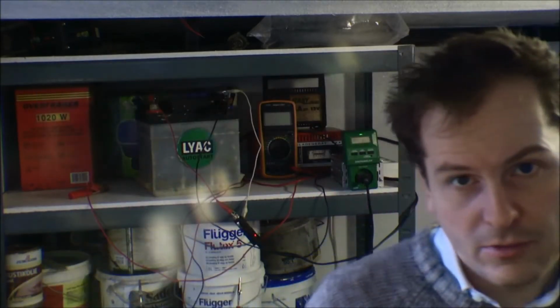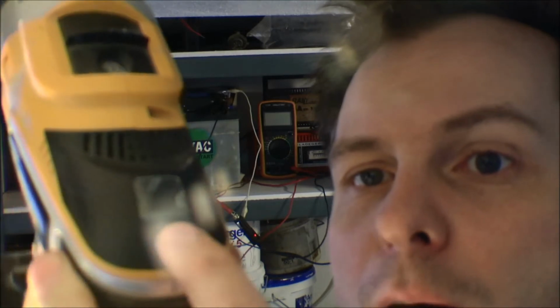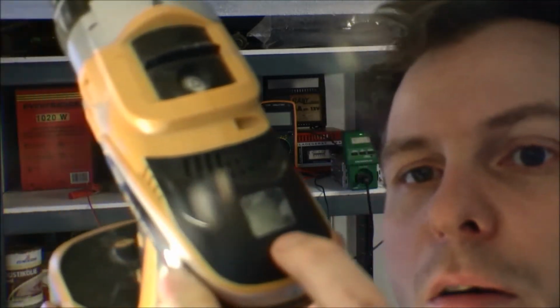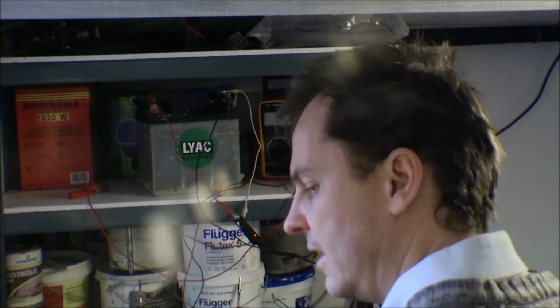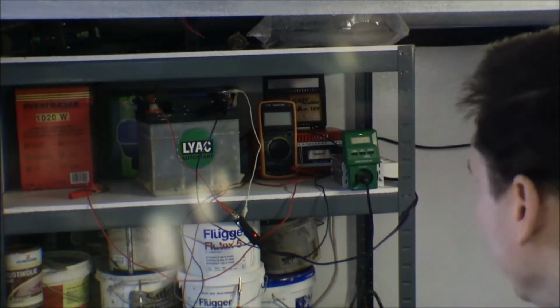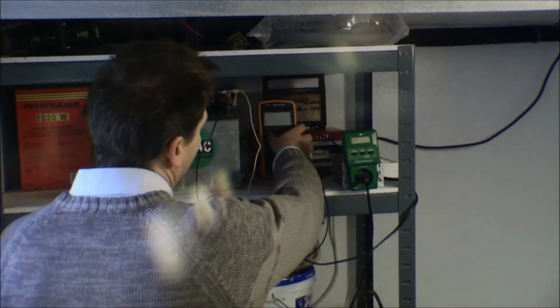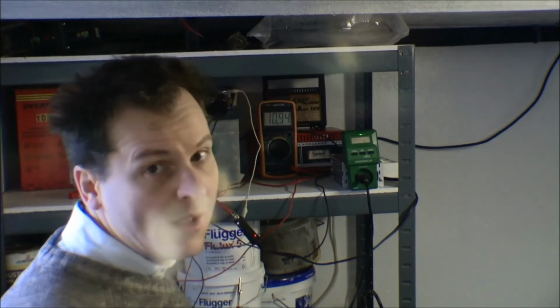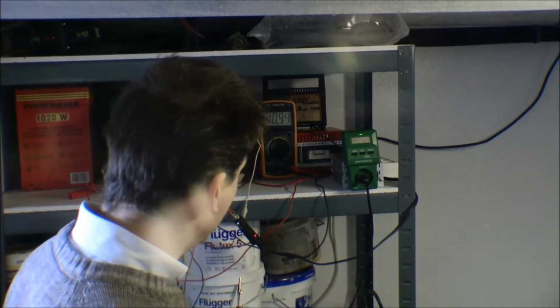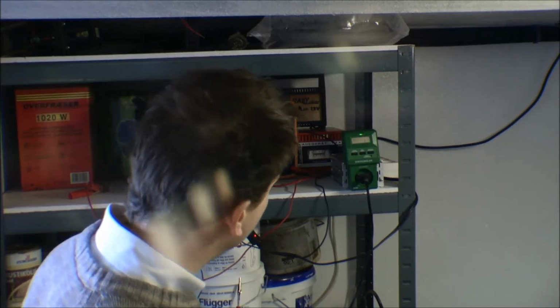This drill has a power meter up here. Maybe you can see that. And when you press it, it shows that it's totally full. So it's not as if the battery charger is gonna do a lot. It really didn't have to work that hard. But right now it's running that battery loader, and